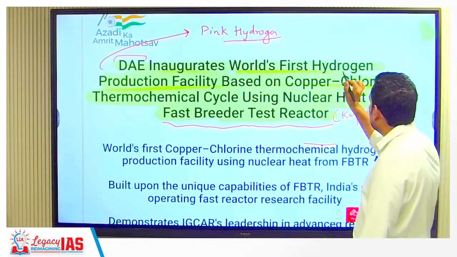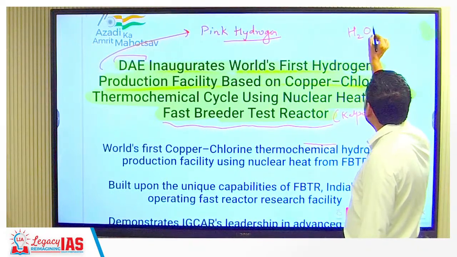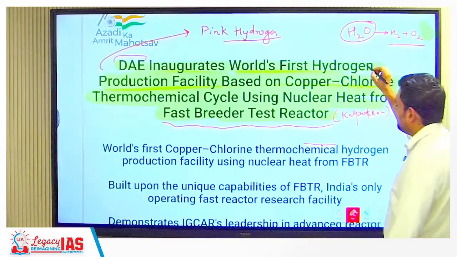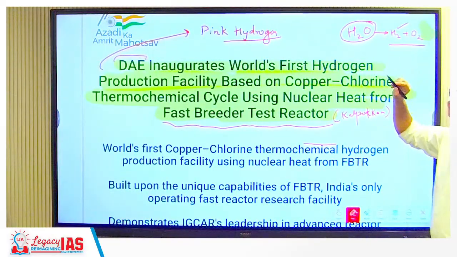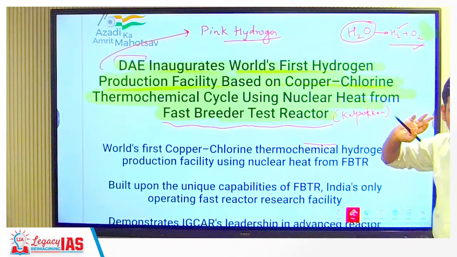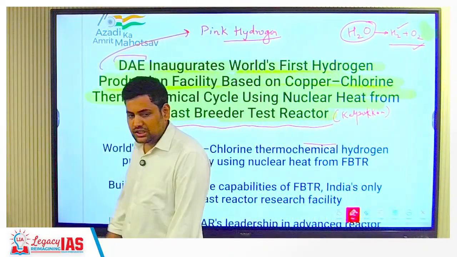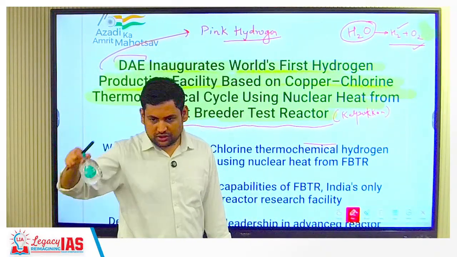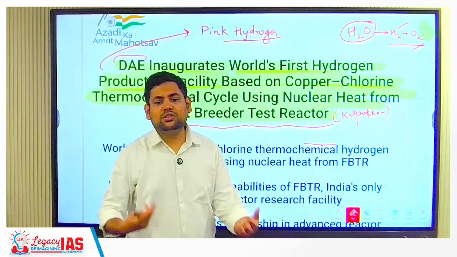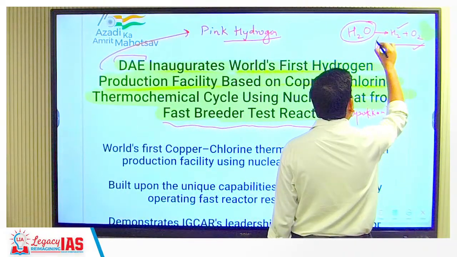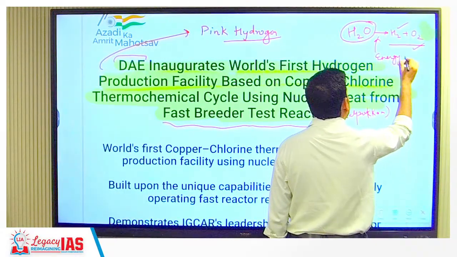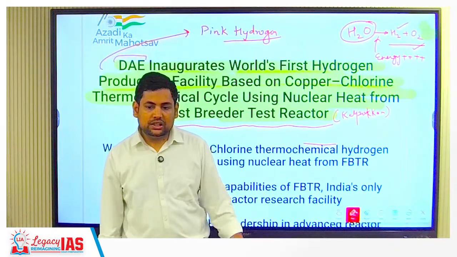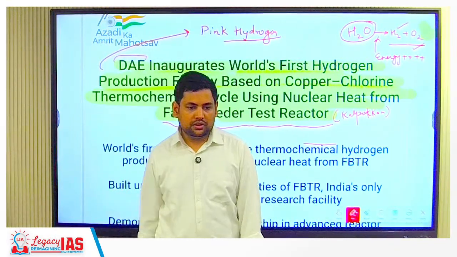Now, the thing is that if you take, for example, water, now you break this water into H2 plus O2. From this, what you can get? You can get hydrogen. And also to burn hydrogen, you need oxygen, so you get this also. But this is not a very easy process, as breaking down this water into hydrogen and oxygen requires a lot of energy. So what you need to fill here? You need to fill here a lot of energy. Now, based on where this energy comes from, you get different varieties of hydrogen.